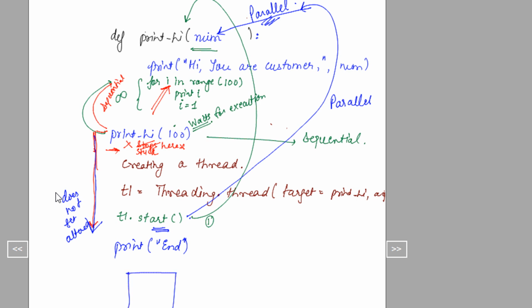So this is your main program and this is your thread. The thread is linked to the main program. So if main exits, the thread automatically waits. Assume this is an infinite loop program. So our main execution is going like this. Now what happens? It jumps to the thread, but still will keep on executing the main code. Keep on executing the main code. Now what do I mean by that?